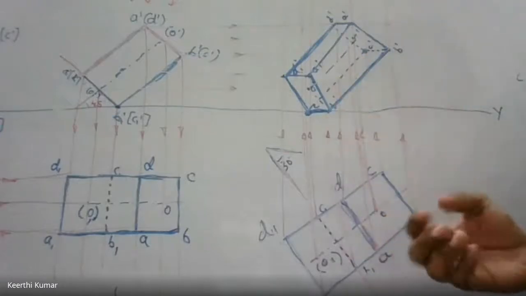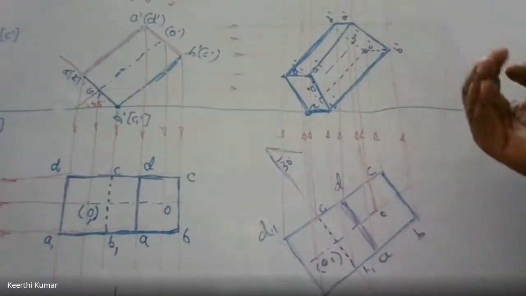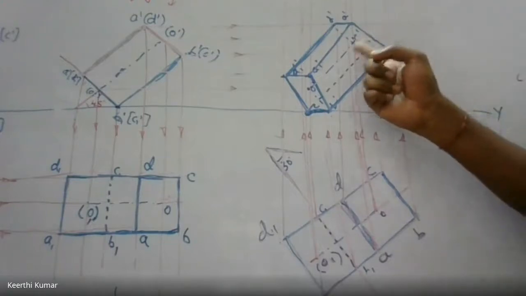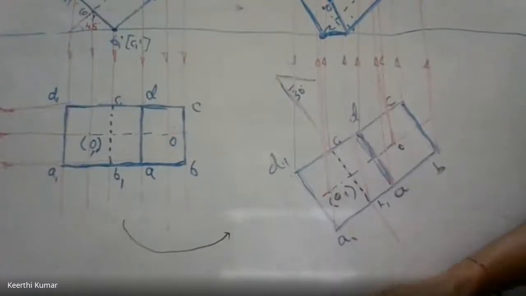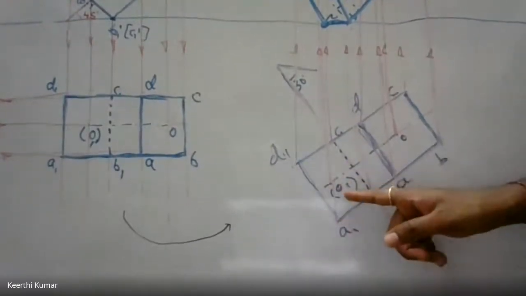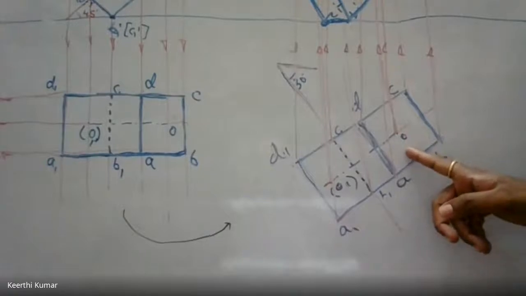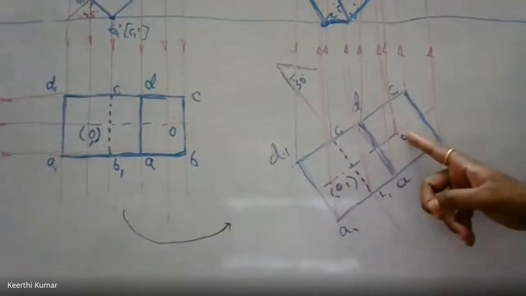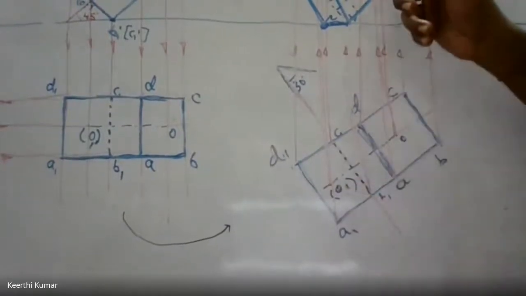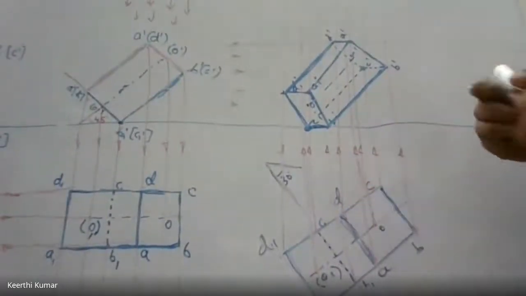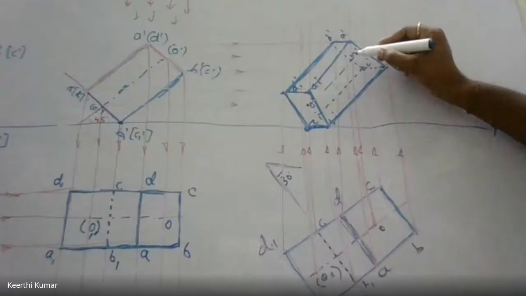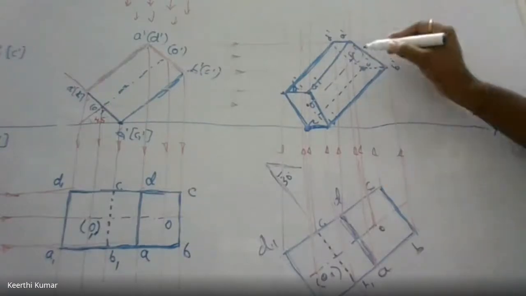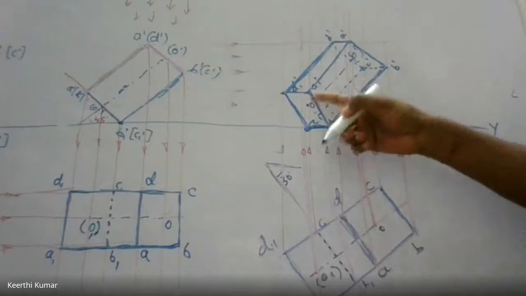Out of those four points, something should be in brackets. You check one by one slowly. Let us first concentrate on O and O1. If I see this figure from the base, whether O1 is nearer or O is nearer, O1 is nearer to you. So O1 should be without bracket and O should be with bracket. Hence, O1 is nearer, so don't put it in bracket. But O is far away, so put the O in bracket. Clear? So these two points are finished.